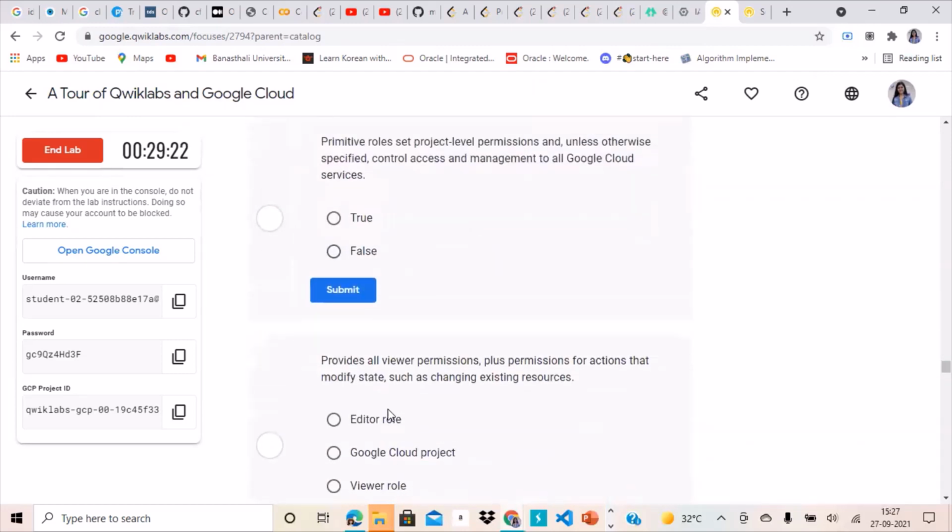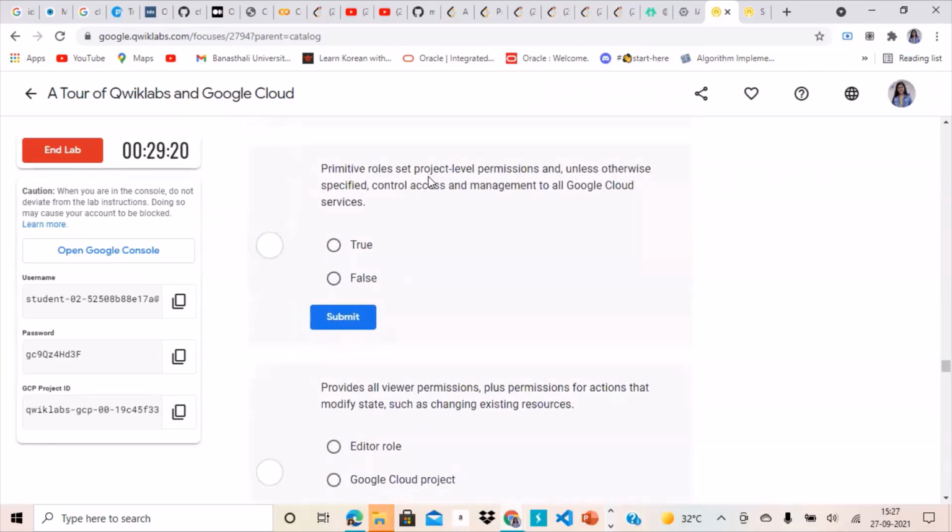The next thing is: primitive roles set project level permissions and, unless otherwise specified, control access and management to all Google Cloud services. So primitive roles set project level permissions, which means you just have the permissions for your temporary project, and they can be modified only by the owner.